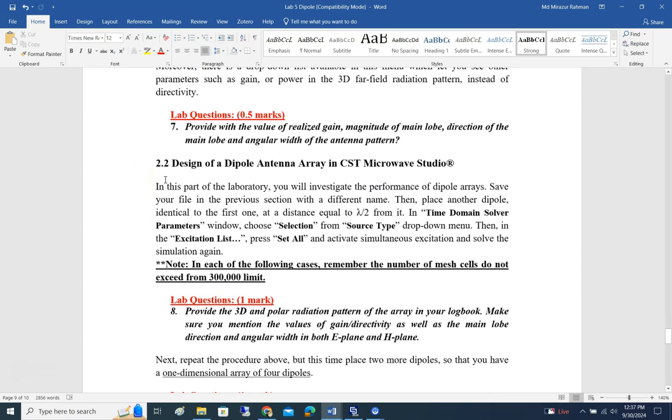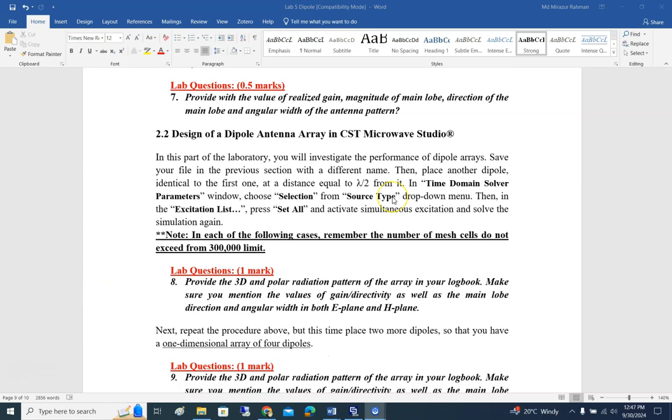So now, for the next part, we will have a look at the array, how to create some arrays, and we'll have a look at the different format, different orientation of that array and how the performance will be changed accordingly. So to create some arrays,